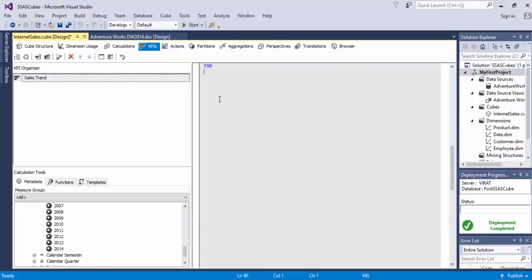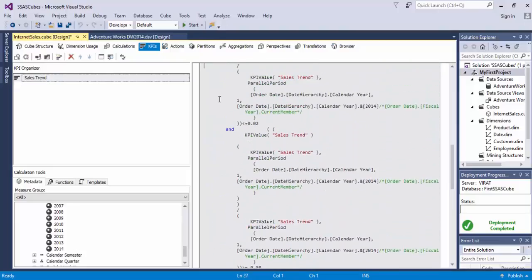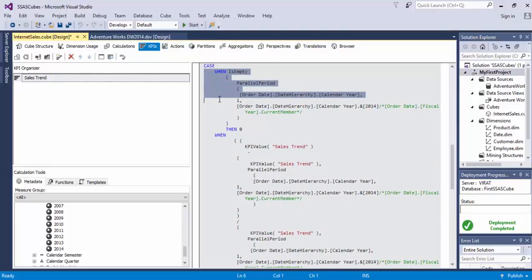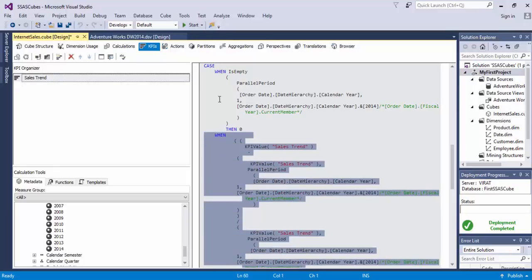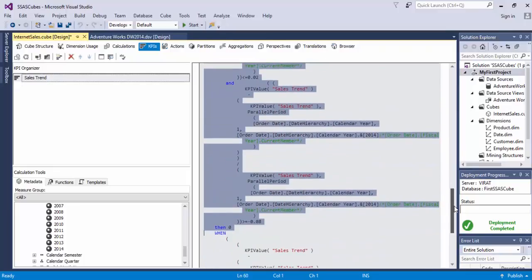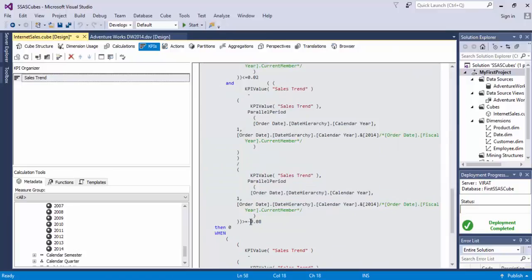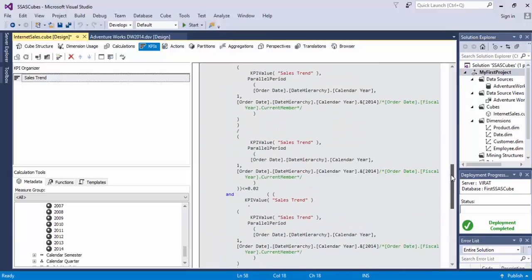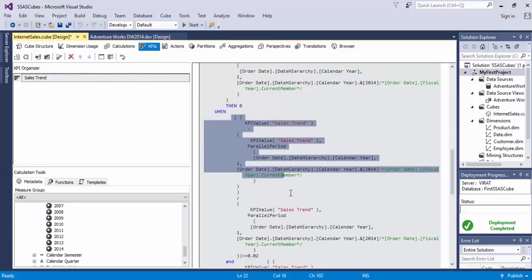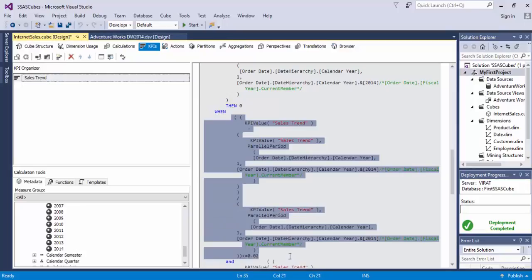What I am doing for the first value is, when it is empty, then I am making the trend as 0. When the previous month is not there, then I will make the trend neither increased nor decreased, so I will make it medium, neutral. But when that sales trend is not increased, like if I see the trend is not greater than, this is what I have to give. If the trend is not increased or decreased, I have given the trend as less than or equal to 0.2, and